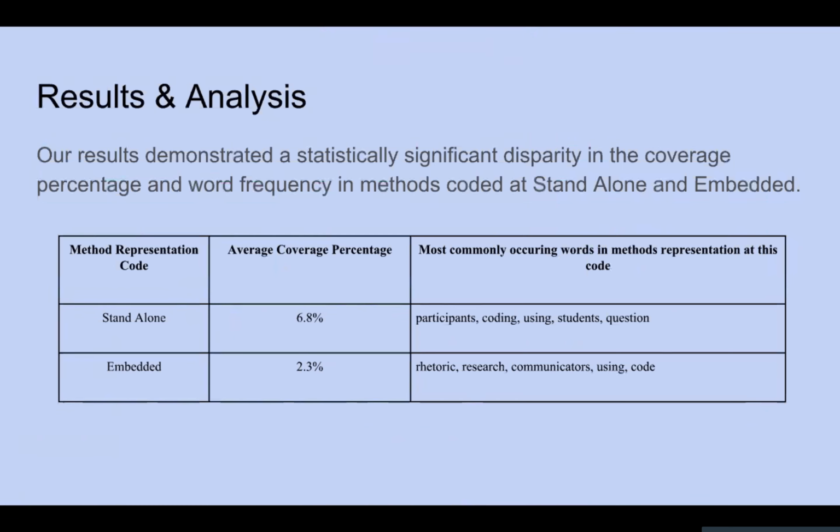So, as Christine and Jessica just discussed, our initial analysis answered our first question that we were out to investigate, which was how are methods represented in published research. And so, as we can see, we were encouraged by the fact that in most articles there was good representation of methods, be it standalone or embedded. Overall, it was an 84% methods representation across all three journals, regardless of type.